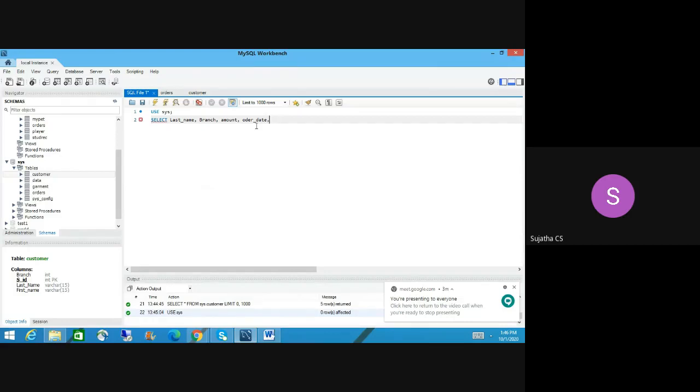I don't want to display anything else from customer, comma, orders, where orders dot amount is greater than or equal to 1,500 rupees. Okay, so when I run this query, you will see what a Cartesian product is.